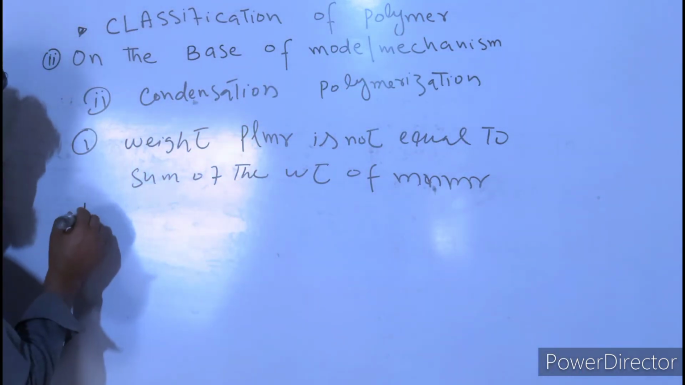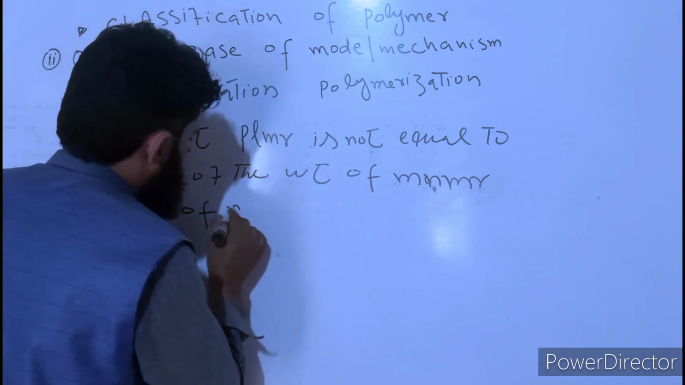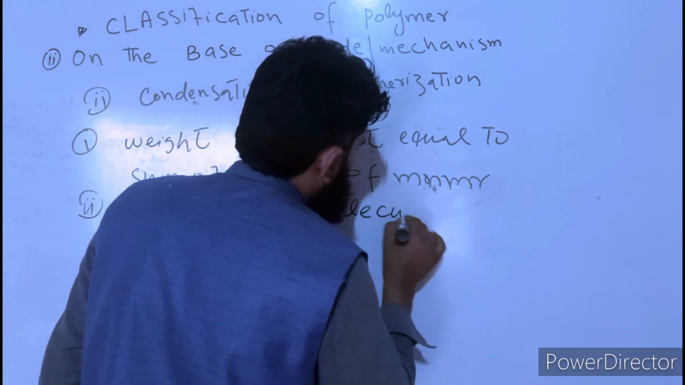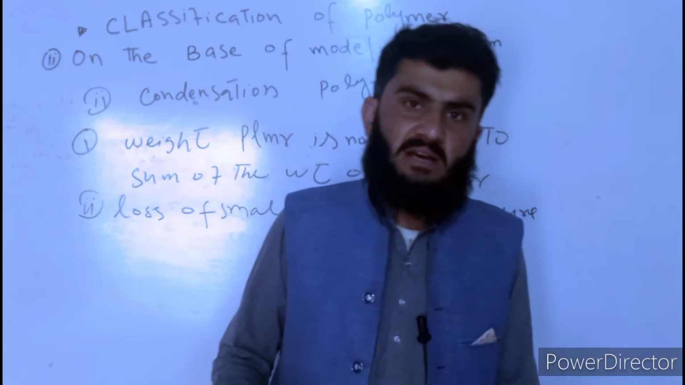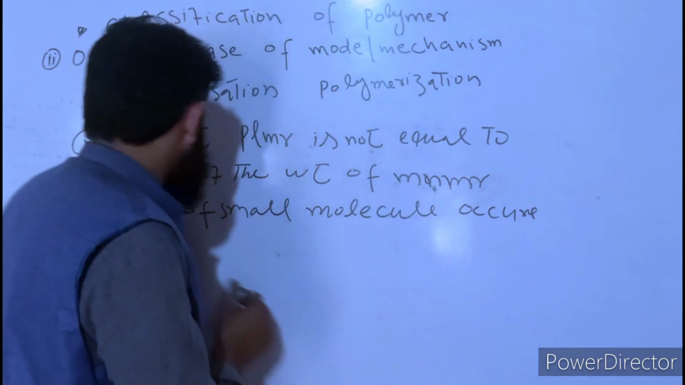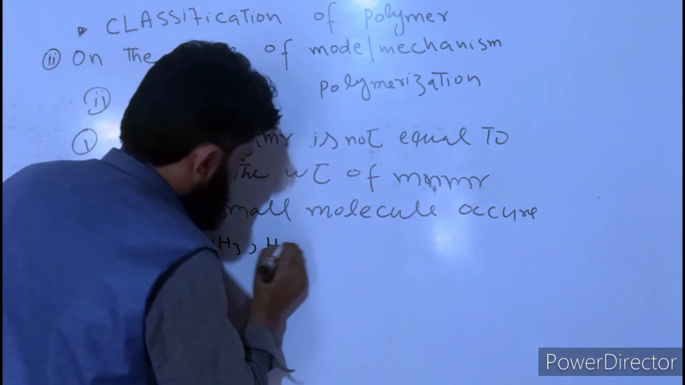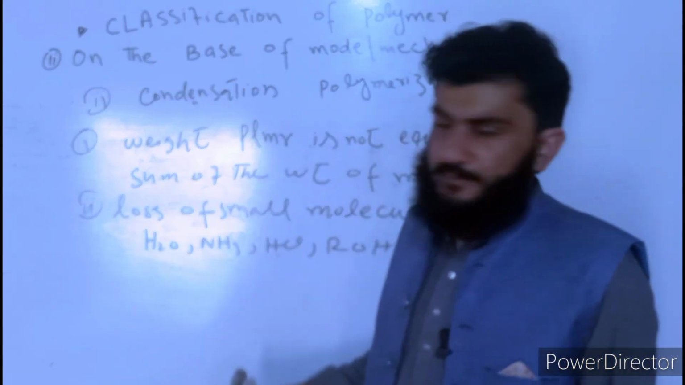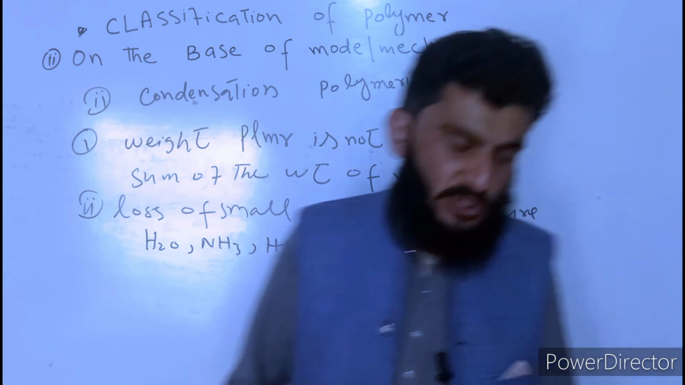Clear? Second, loss of small molecule occurs during the reaction. Loss means elimination of small molecule or atom such as H2O, NH3, HCl, alcohol. Such small fragments are eliminated during the reaction. Clear? So for example,